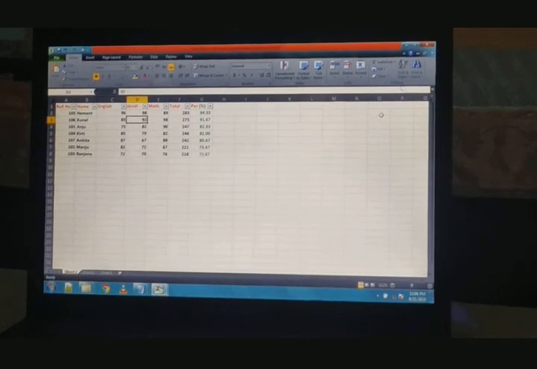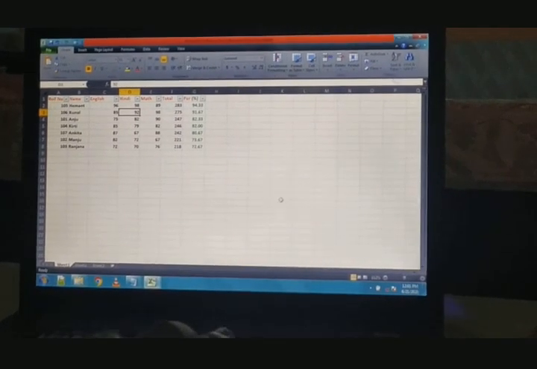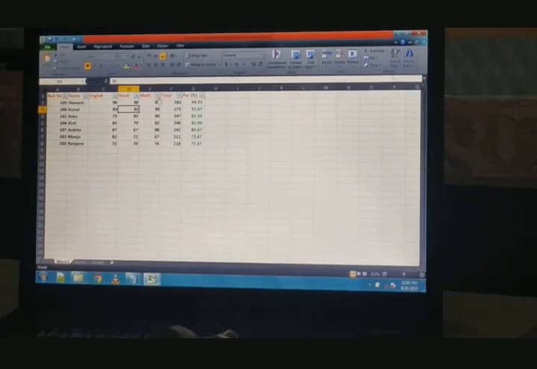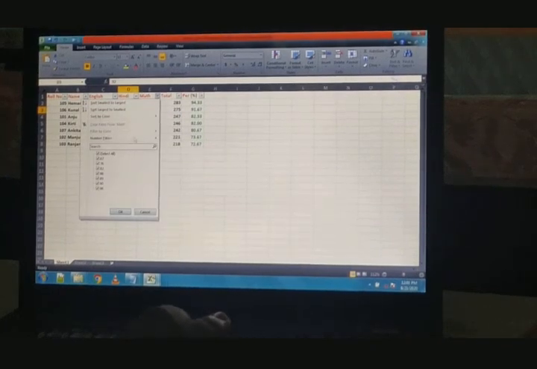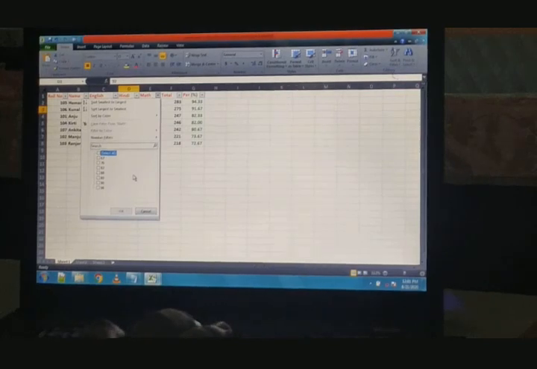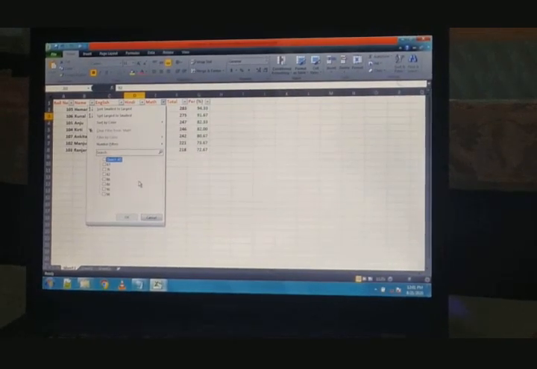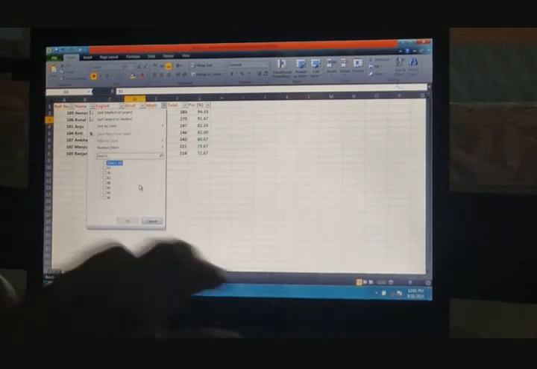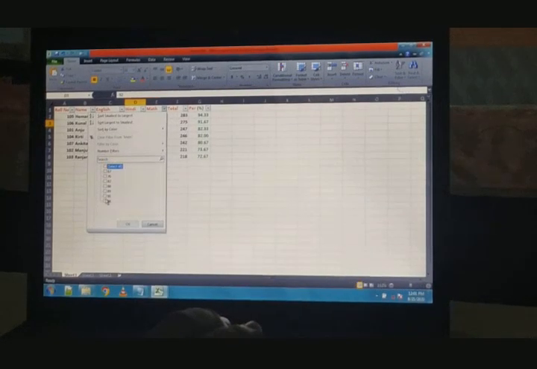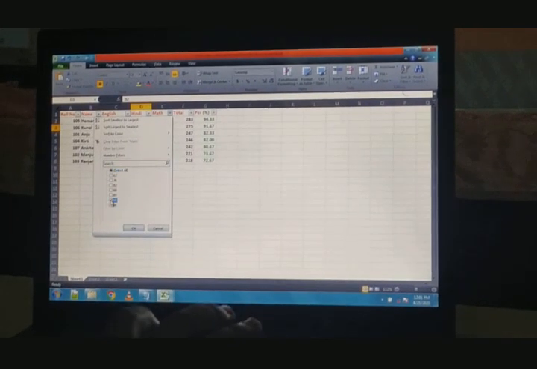So I again repeat this. If I want to show the maths marks filtering, then I want to show the record of those students who have got 90 marks in maths. Okay, 90 marks. So I select the checkbox of 90 and click on OK.